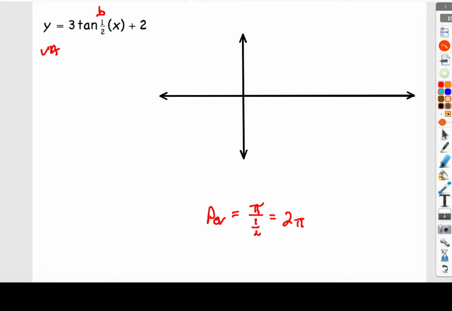Vertical asymptotes, again, the easiest way to do it is just take 1/2 x then, and let's set it equal to, well, again, because the tangent is usually equal to sine over cosine. Cosine was normally 0 at negative or positive pi over 2. If I divide by 1/2 or I multiply both sides by 2, basically we're going to get asymptotes at negative pi and pi, which would make sense because, again, if we go to negative pi right here